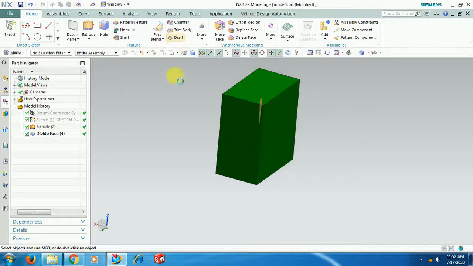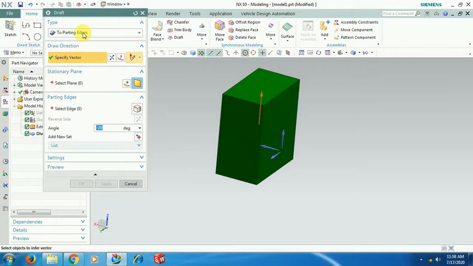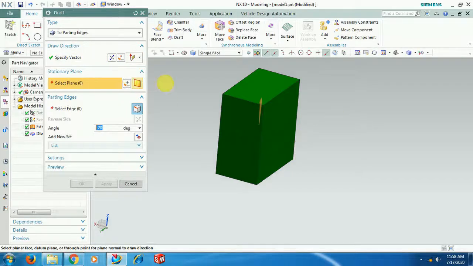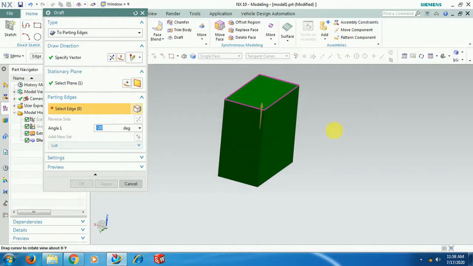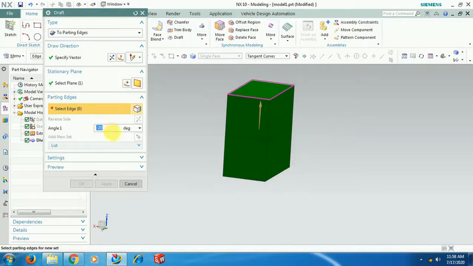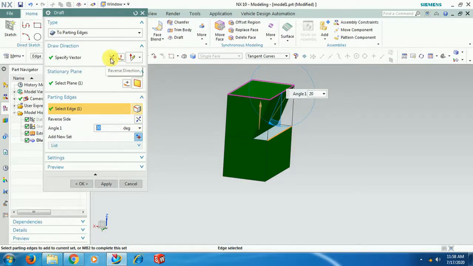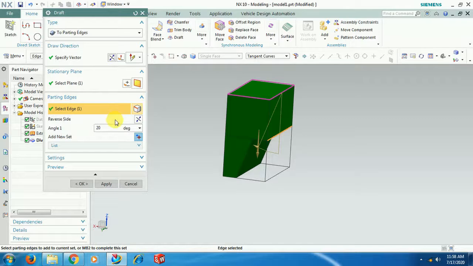See, very useful option. Parting edge, vector, z-axis, stationary plane, this one. Now parting edge, now let it be a positive value, 20 degrees.